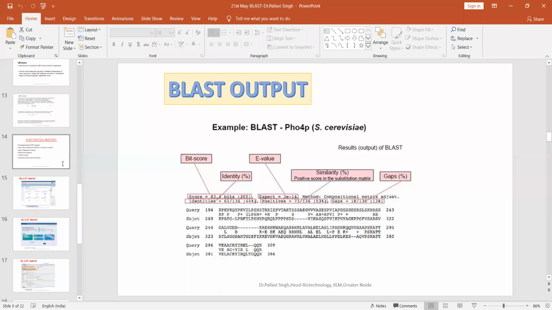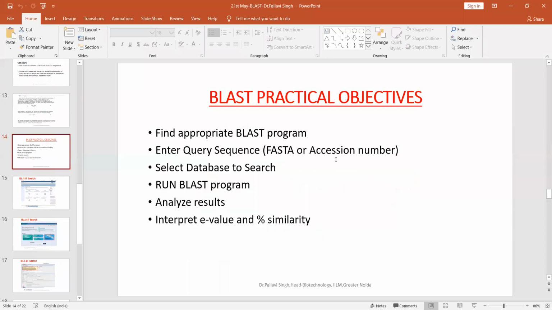I will show you how we go ahead with the practical objectives. So this is when we are performing a BLAST practical. The main thing is you need to find out what type of BLAST you need to do, whether you need to go for a protein BLAST because you want to get a protein sequence from the database against a query protein sequence. So the first step is to find which BLAST you need to use.